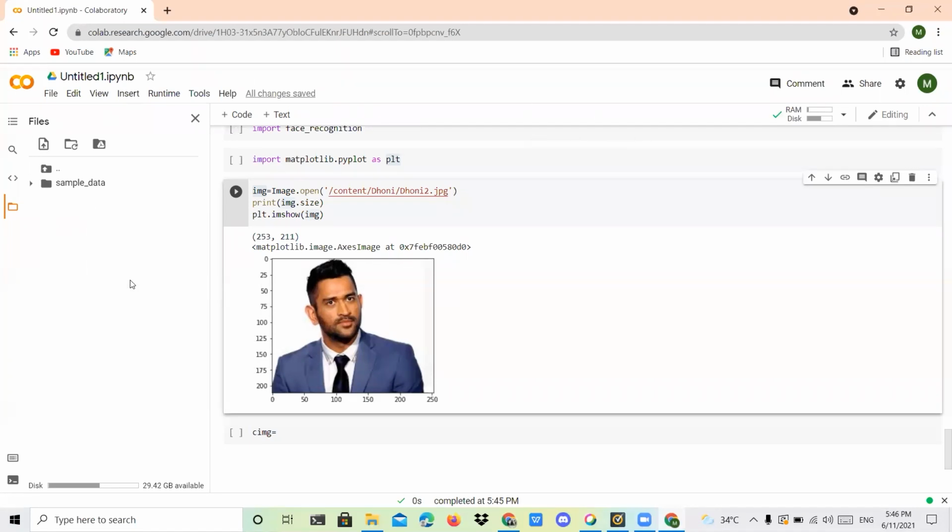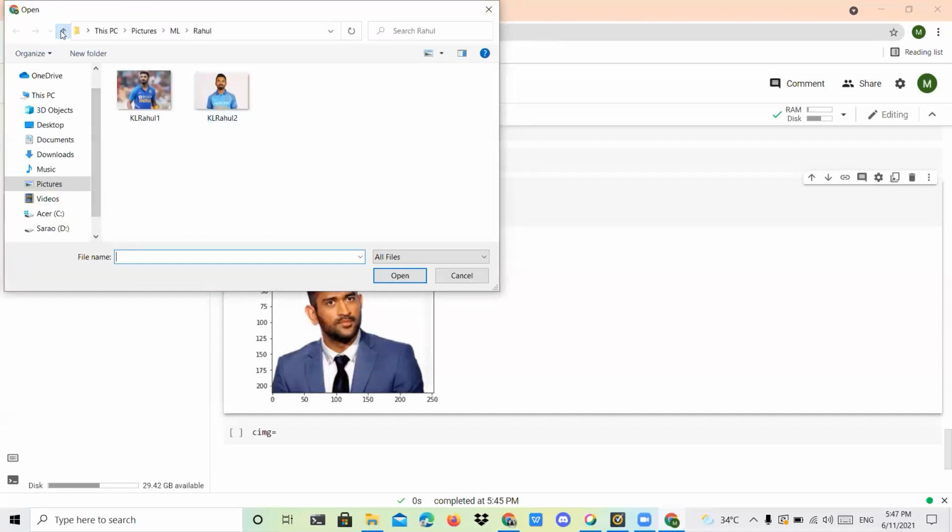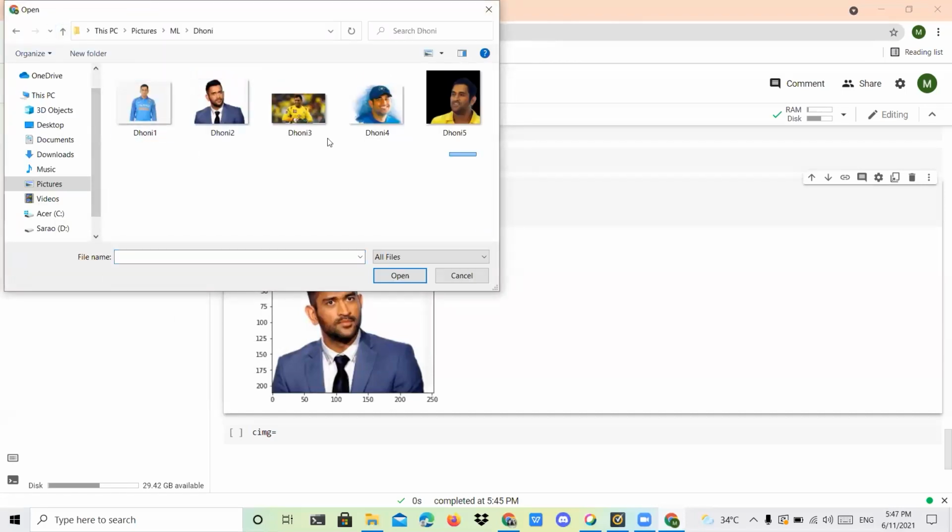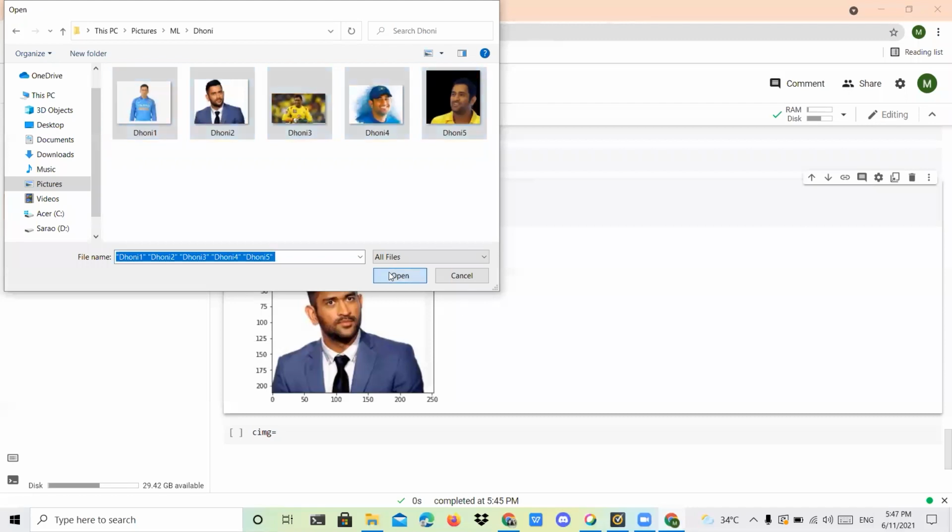Okay, again I'll upload my folder because it is reconnected. So I'm going to give Dhoni, and within that I'm going to upload all the images here.